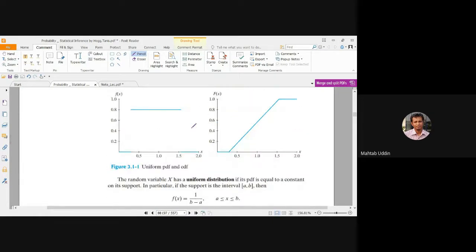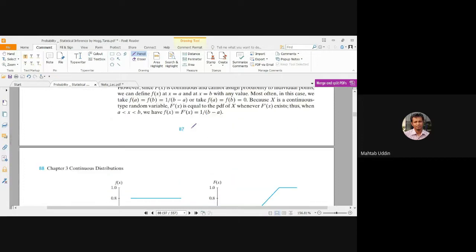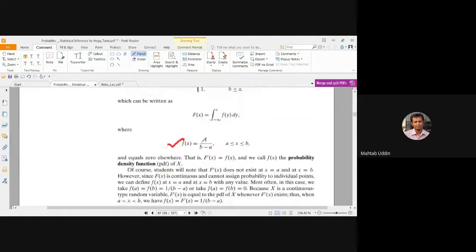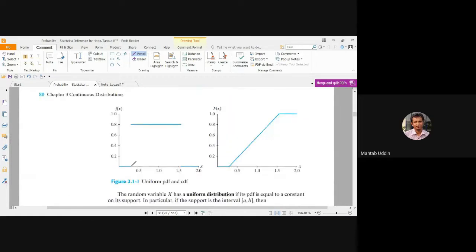Also, you can find the probability of the uniform distribution. If you put the PDF, from a to b it is 1 by b minus a. You can see, say this is a, this is b. From a to b, it is 1 by b minus a, which is a constant, since a and b are constant. Before entering the set, this is 0, and after, this is 0 for the PDF. And for the CDF, before entering this is 0, after completing this is 1, and within a to b there is a linear